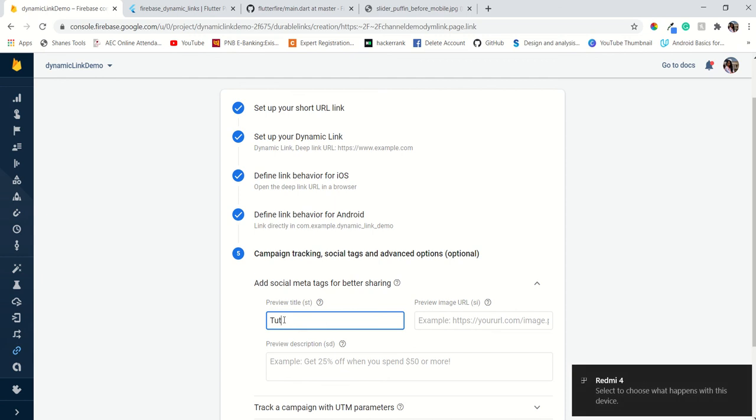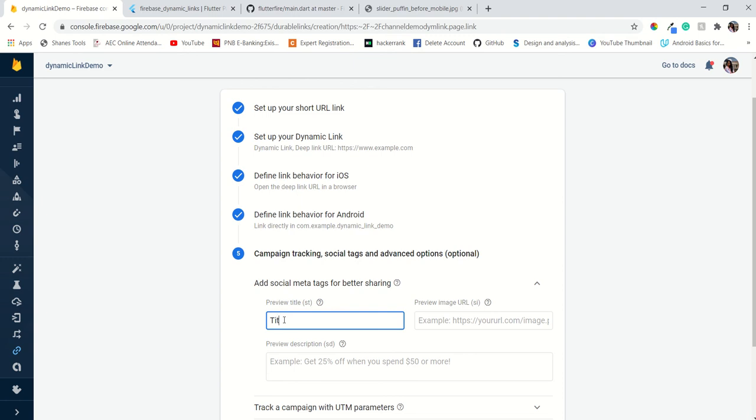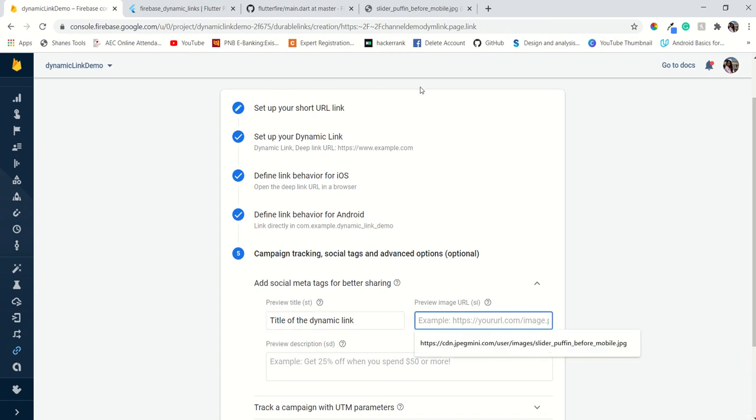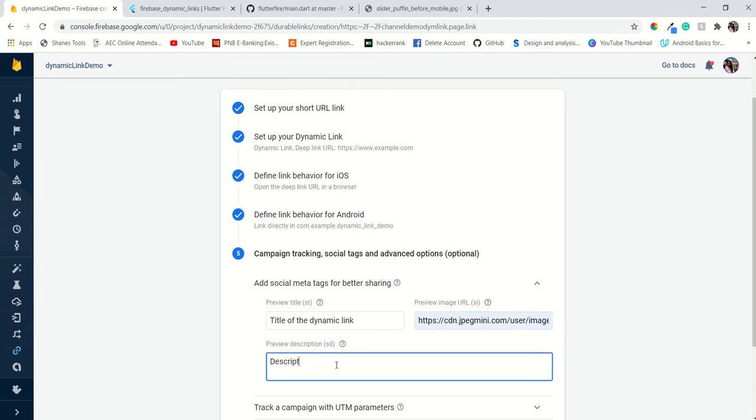I just write title. Title of the dynamic link, and their URL. Your image URL, similar to the image URL I used previously. Description, I just fill out the description of the dynamic link.